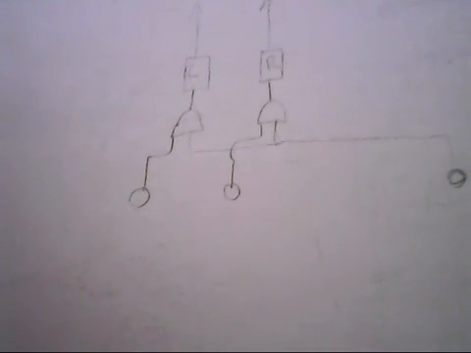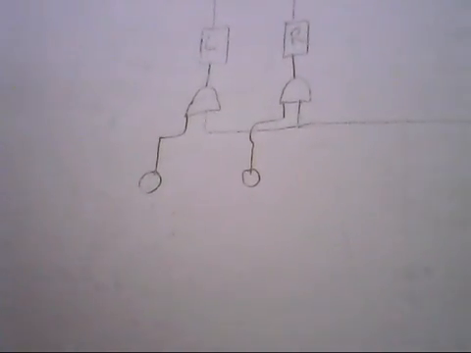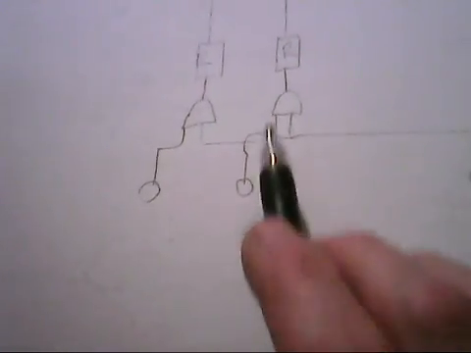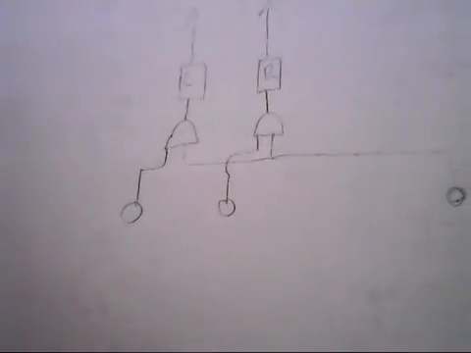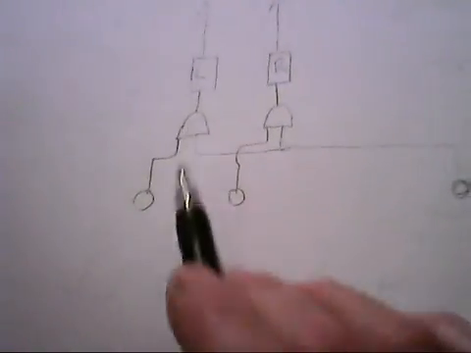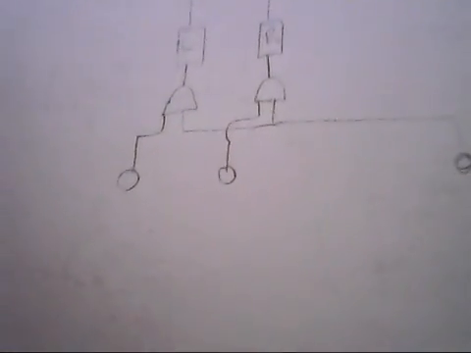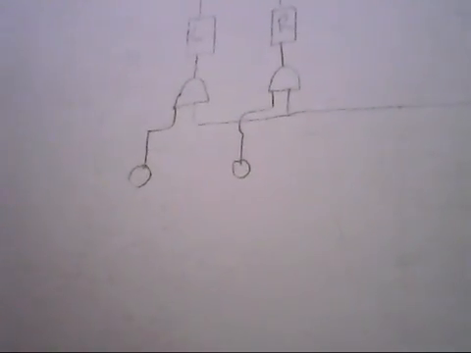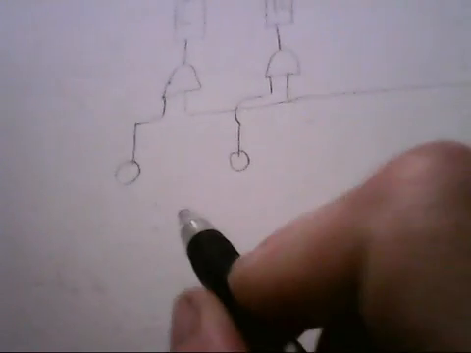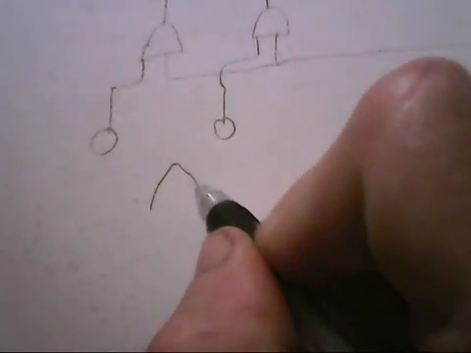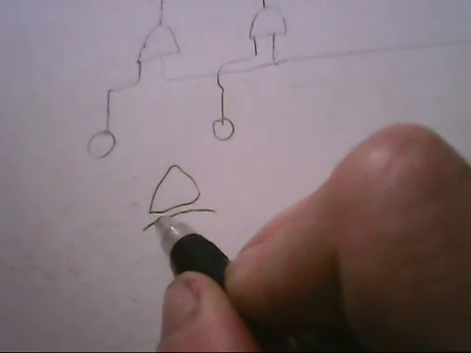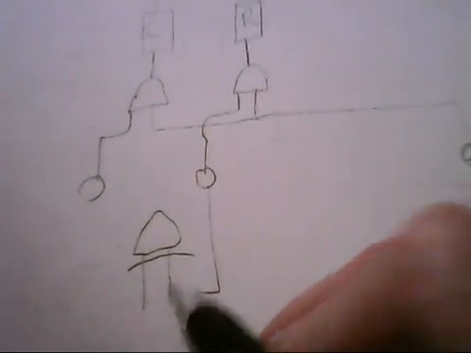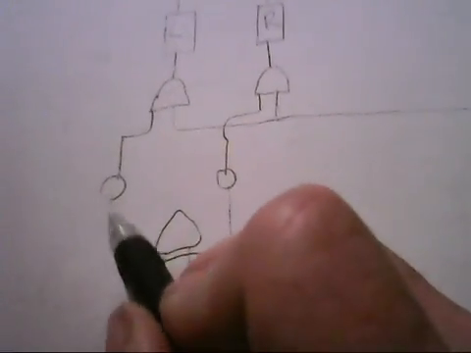But now we have one more logic function to fulfill here, and that is when both of these buttons are on simultaneously, we want zero outputs on both of these AND gates. So we know that if one input is high, there's an output, that would be an OR gate, and if both inputs are high, then it would turn off completely, so that would be an exclusive OR gate. So if we made an exclusive OR gate here, and if we tie one input of the exclusive OR gate to an input switch here, same thing here,